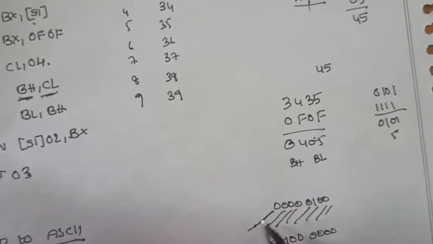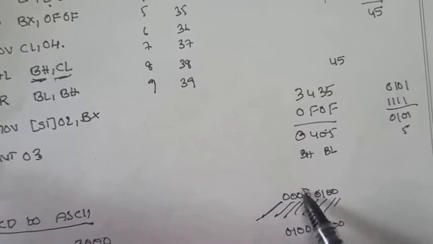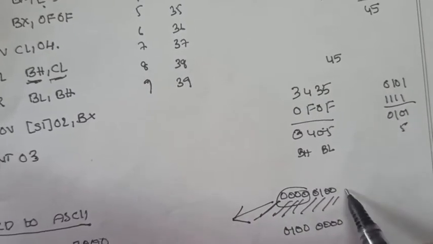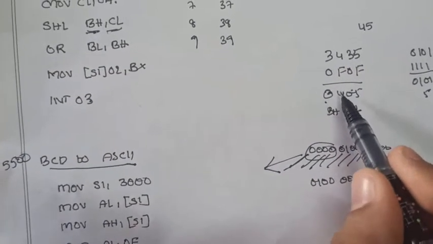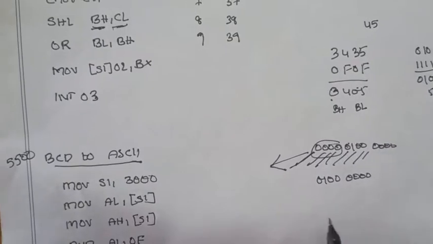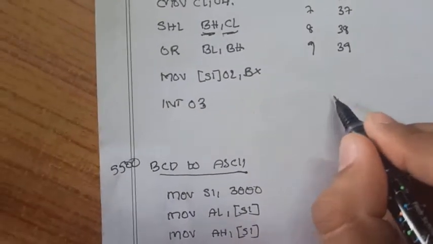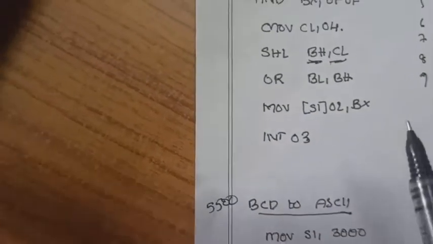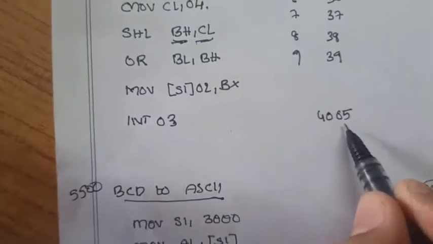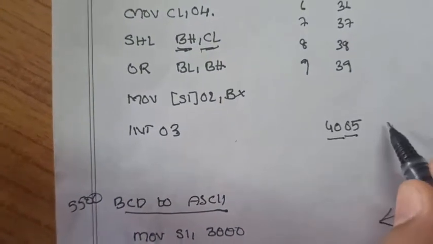This data entirely gets out of the box, and here new zeros are included. So in the shift left operation, BH comma CL, the higher byte, which is actually 04, is shifted 4 times, which gives us 40. Now BX will be 4005. Now what I did is I did OR of BL comma BH. This is BL and BH. OR is nothing but logical OR.